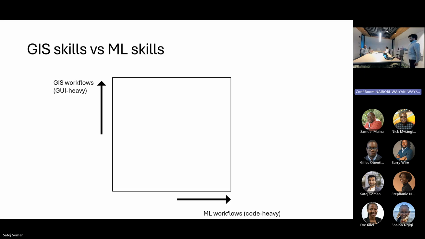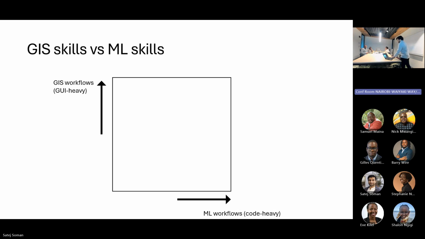Now, like I mentioned, a lot of people who work in ML evaluation workflows do all their work in code. You'd import PyTorch, set up some data loaders, and try to find some aspects of your data to split it up with to understand how it's doing on different subsets. But a lot of the people who work in the domains that we're applying ML to, or are just GIS savvy in general, do work that is GUI heavy. So this is the gap that we're trying to bridge.